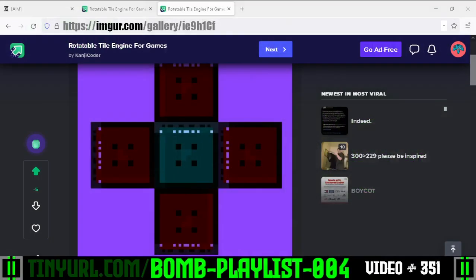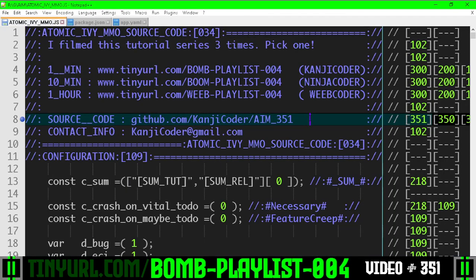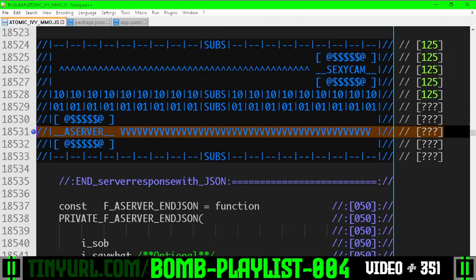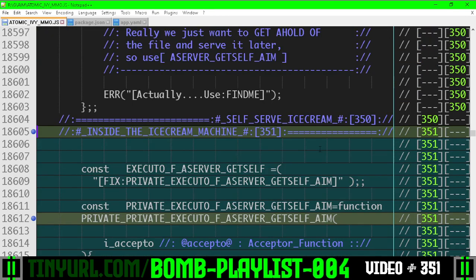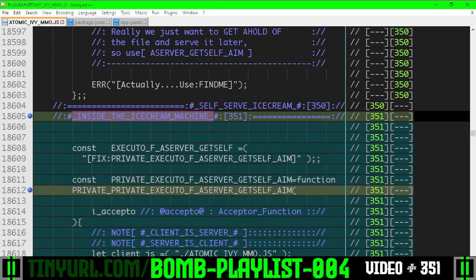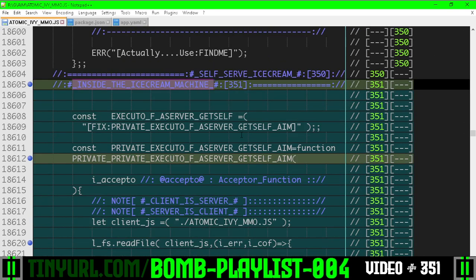All right, so this refactor is timing out on Google App Engine, but it works on Heroku. So we'll have to fix it in the next video. I have an idea, but anyways, in the A server section, inside the ice cream section, we have a monkey